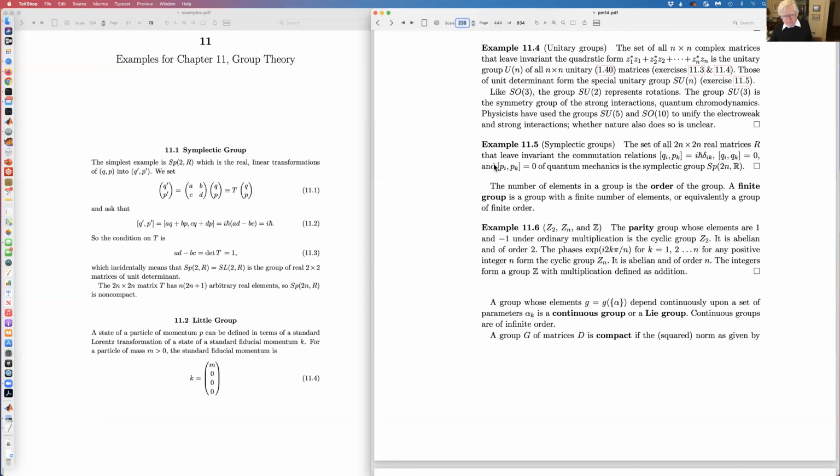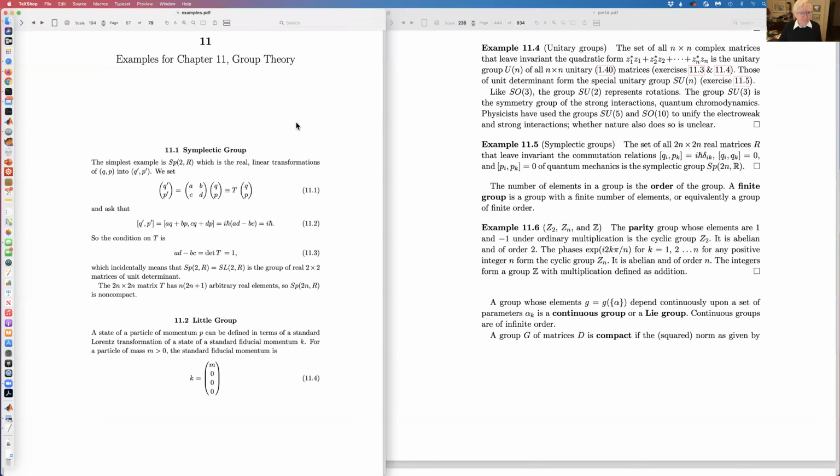Even though I think it's going to be important someday, and it's obviously important in that it's the set of real matrices that leave invariant the commutation relations of quantum mechanics. So, I mean, that's bound to be important. And in fact,